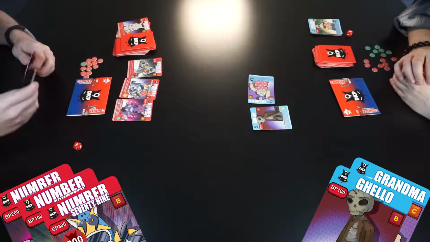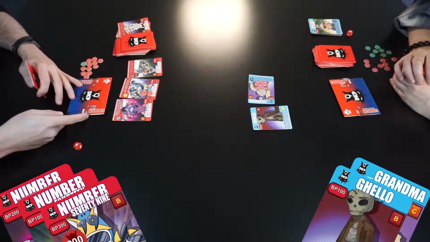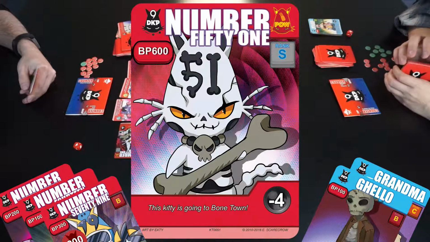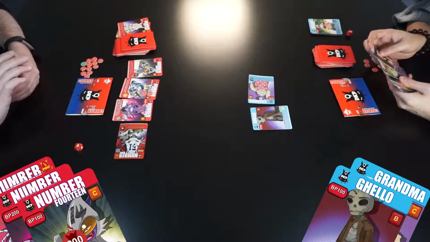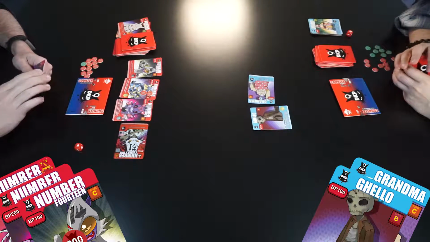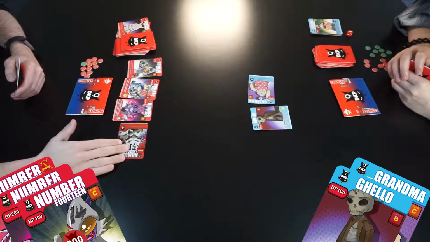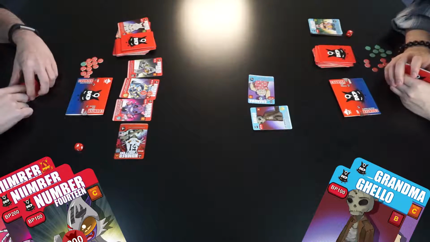And I will spend 4 of my 8 and play 51. He is my high POW card, the one high POW card I get in a starter deck. High POW cards are limited to one of a kind in your decks, so I can only have one 51 in my entire deck. But I could have multiple high POW cards. The problem is you just need to make sure you have enough DKP in your deck to generate playing multiple high POW cards. So I've put him out, and I am going to go ahead and attack with